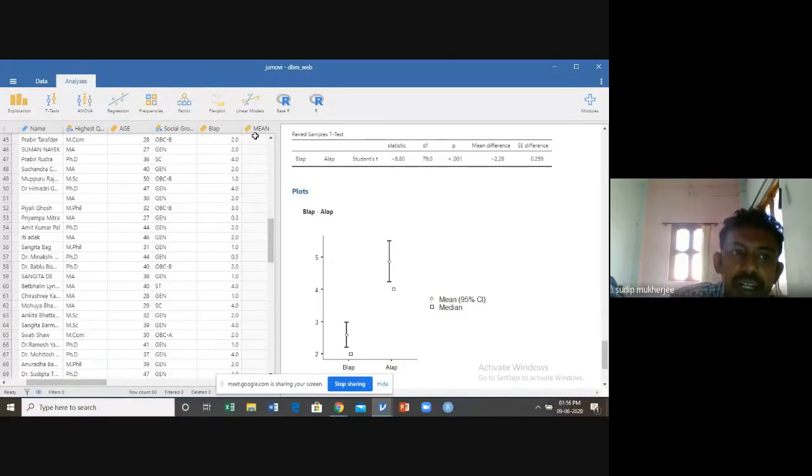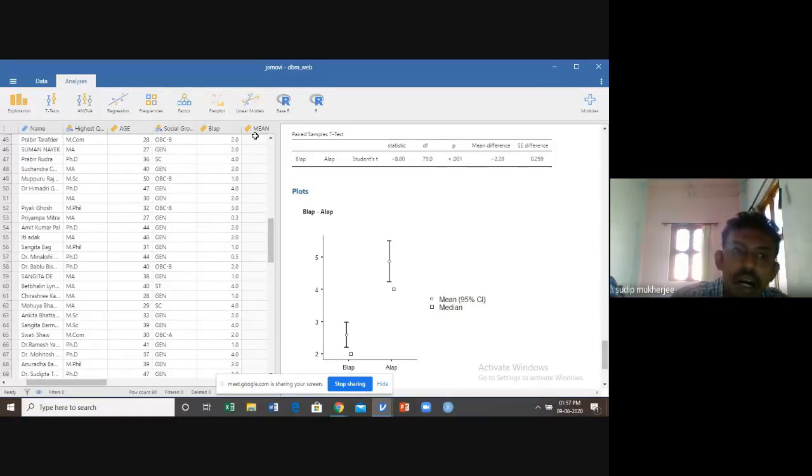Now, the third objective of this session is whether the computer uses after lockdown depends on the qualification, or if qualification matters in the uses of computer. Means if anyone's conjecture is that the person with a higher degree uses the most computer, and the person with a lower degree uses less computer, is there any justification?